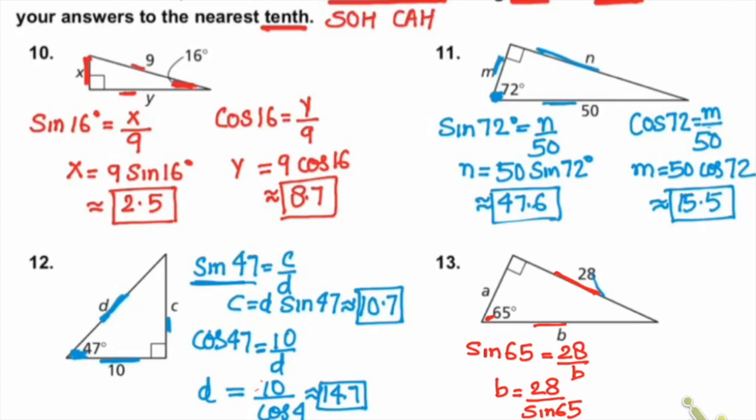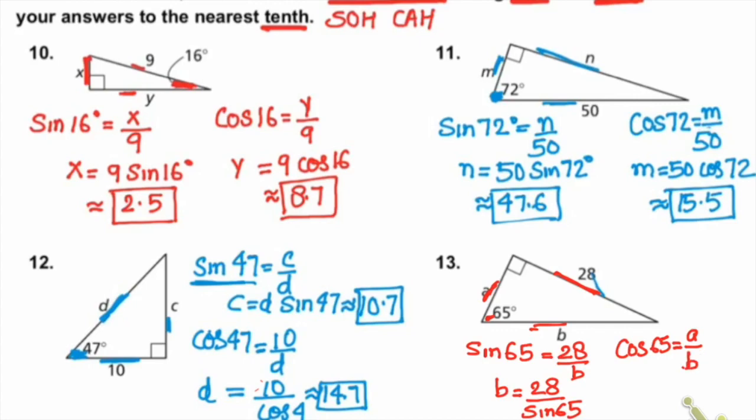All right, and you can now write the cosine ratio for the same angle. So that's going to be cosine of 65, and that's going to be what? Adjacent over hypotenuse, so that's going to be a over b, not 28, sorry. So that's going to be a over b,